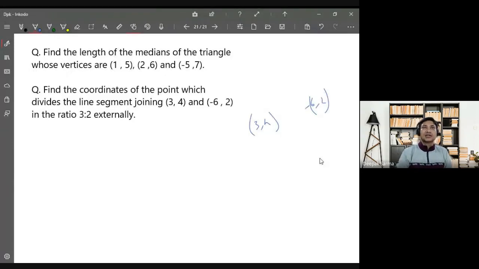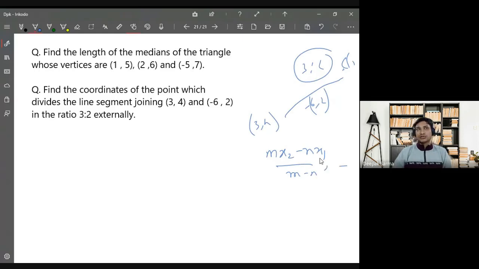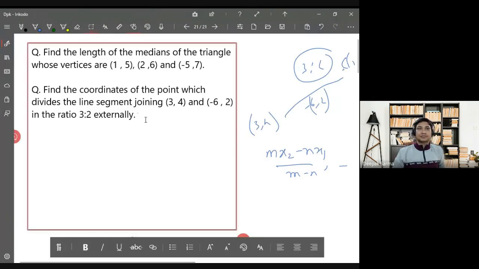Yes? And you have to find another point C somewhere here. I don't know, but the ratio is 3:2, and it is external division. You have to use the second formula. What is the formula? It is (m x2 minus n x1) by (m minus n). Similarly, you simply apply the formula. That's it. All the quantities are known to you. Hope you can find it.